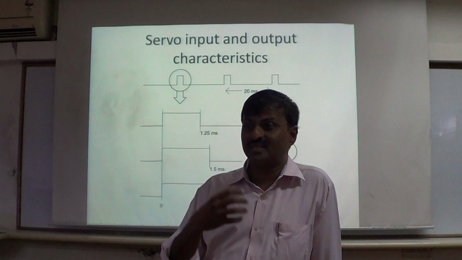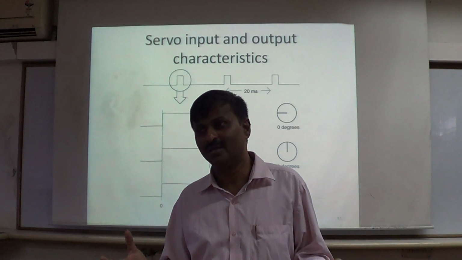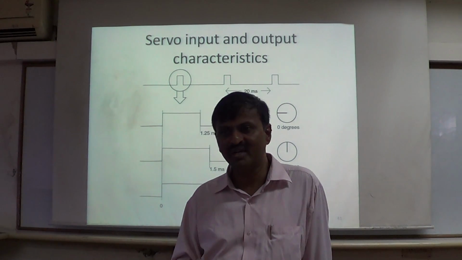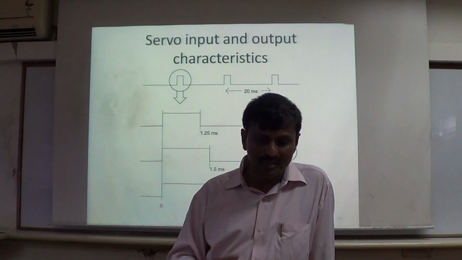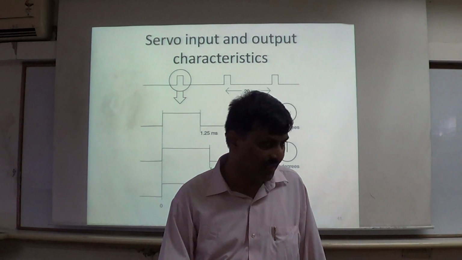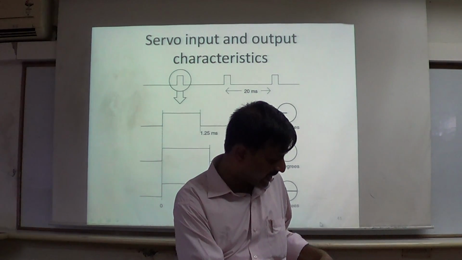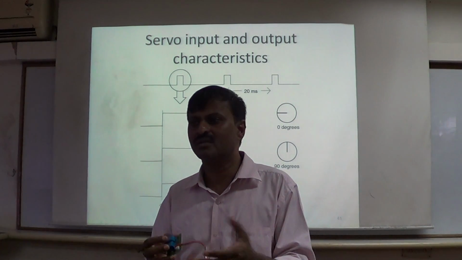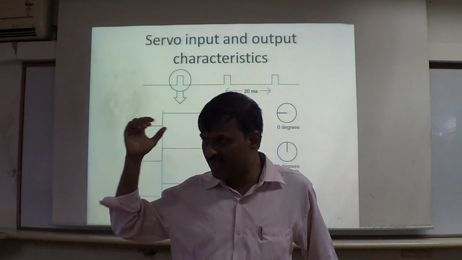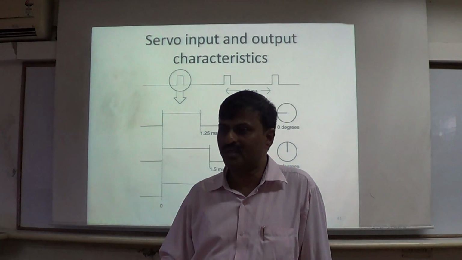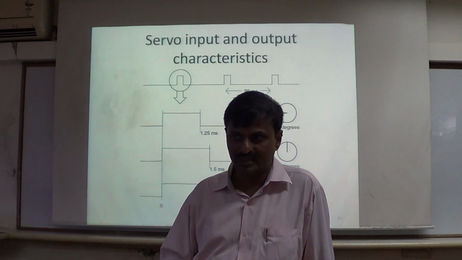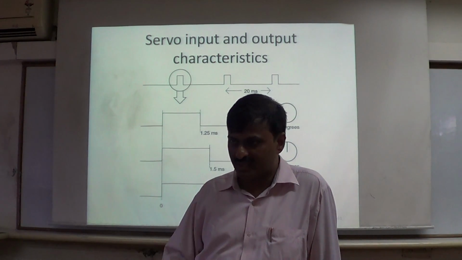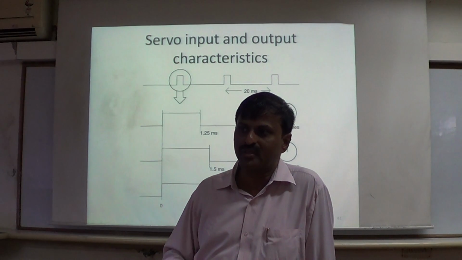But the problem is, how much is the current? Milliamperes or amperes, accordingly the design will differ. If it is a huge current, then we use relays to drive them, right? If it is a few milliamperes of current, then as I have shown you, the I/O ports of the microcontroller also can switch them on or off. Is it clear? So, programming these controllers, programming these motors, this topic